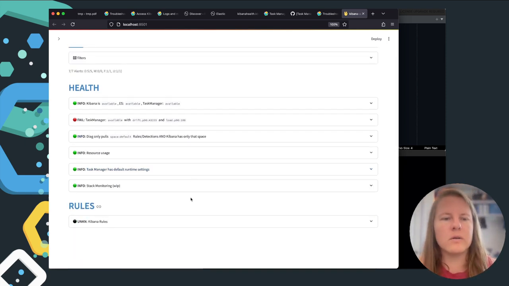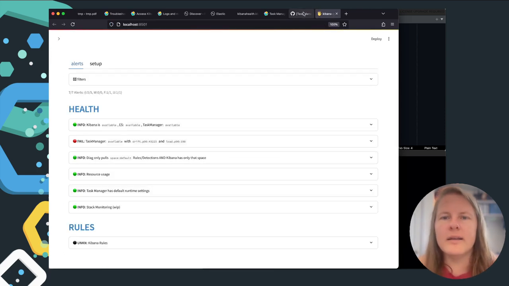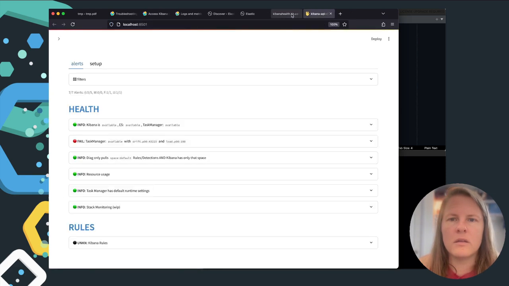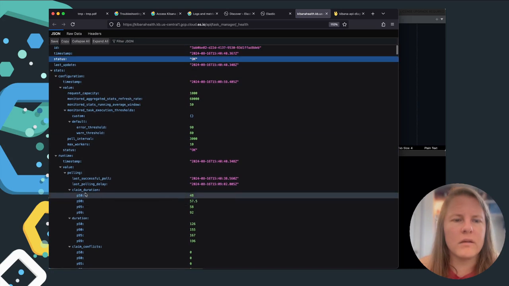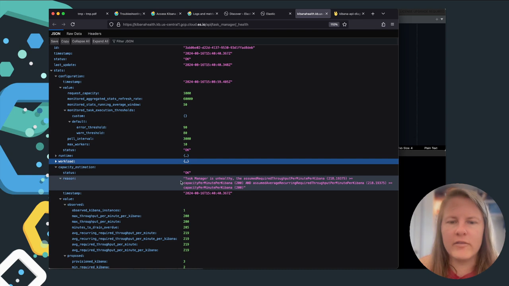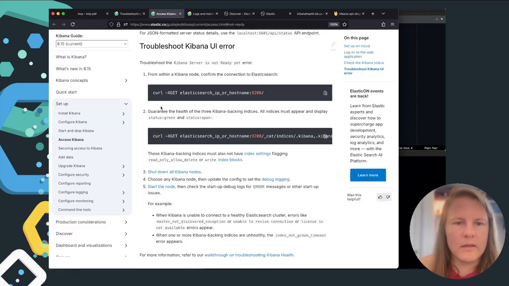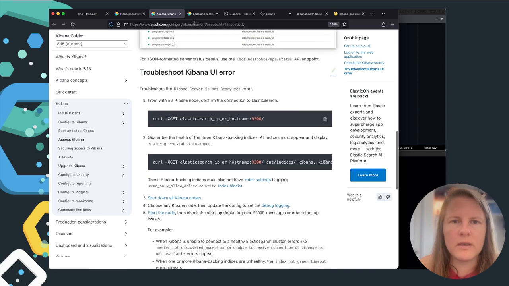Okay, so Kibana is available, Elasticsearch is available, Task Manager is available. We know why. Let's get rid of these. Let's get rid of, no, I still want that. I want to know if it ever flags off of okay. Okay, let me show you a different way. What I sometimes can flip in order to get